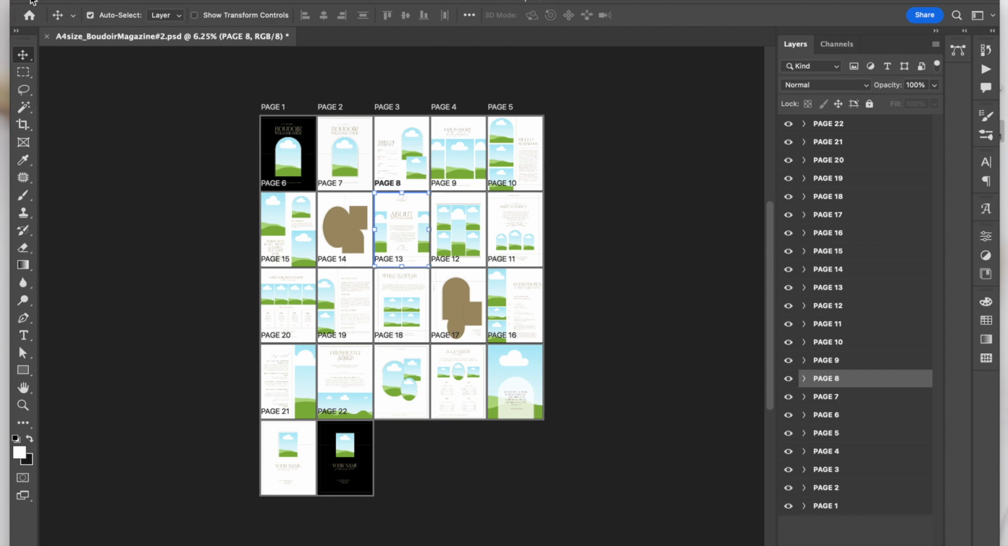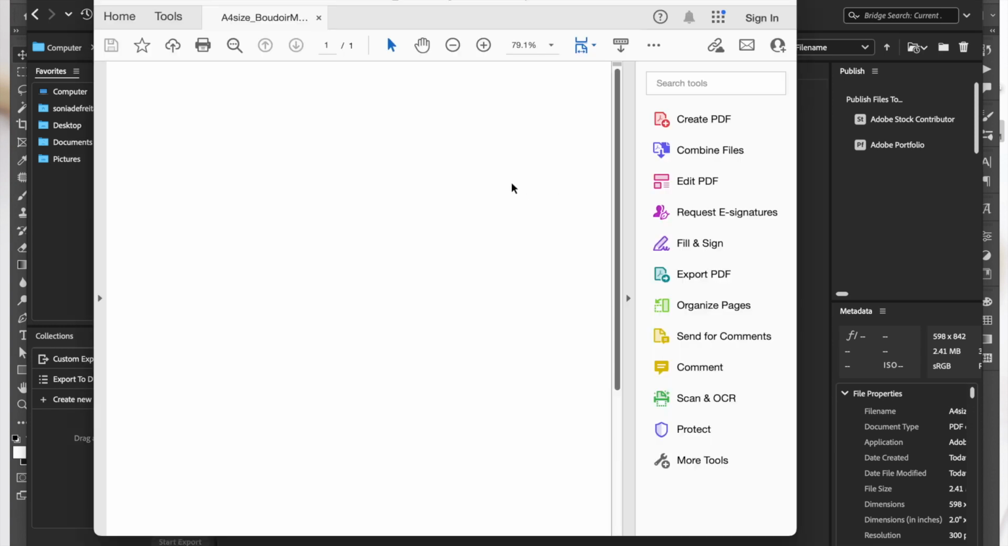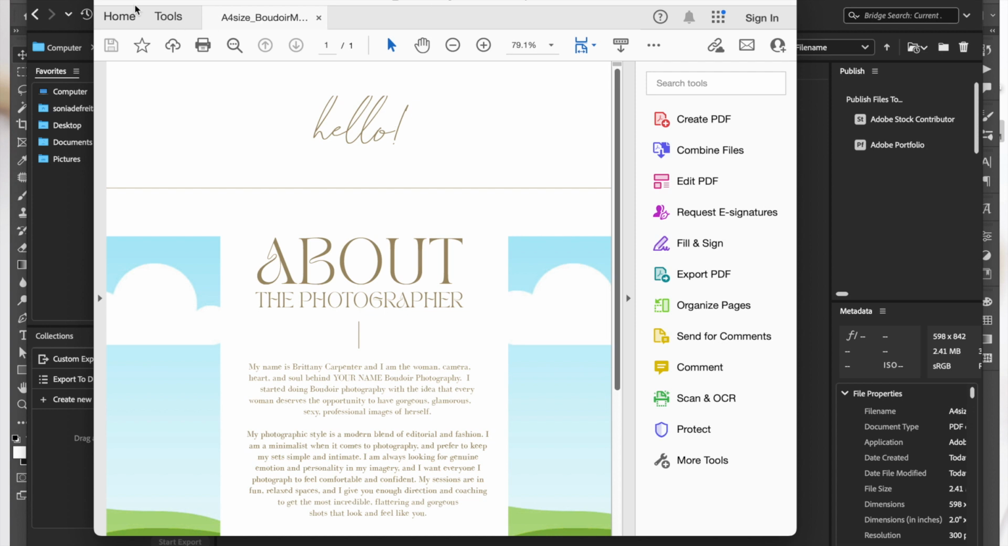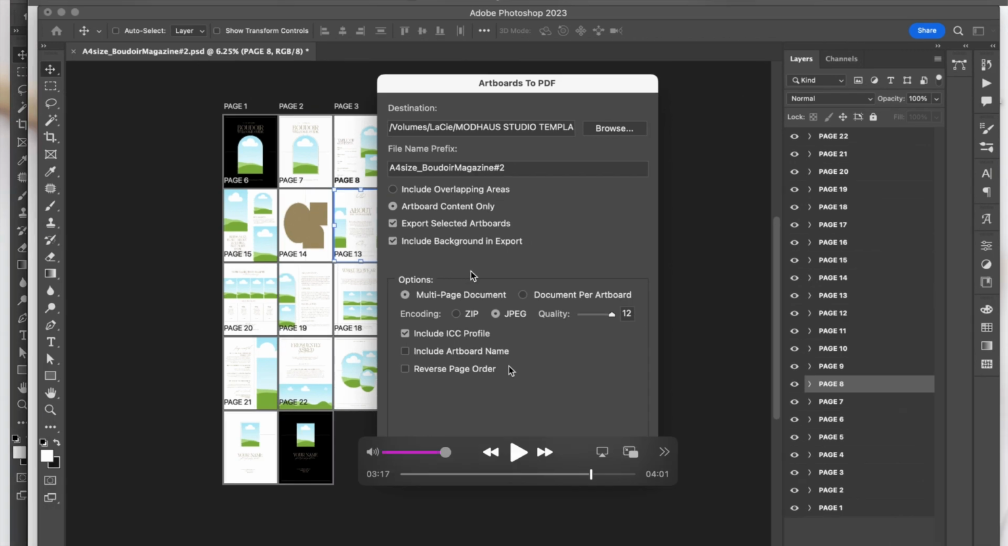You hit OK, and we're just going to verify over in Bridge. So here it is here. I saved it twice because I did this earlier. So you can double click and see that was page 8 that we saved. And I don't really need those, so I am going to delete them for now. And then the final option,